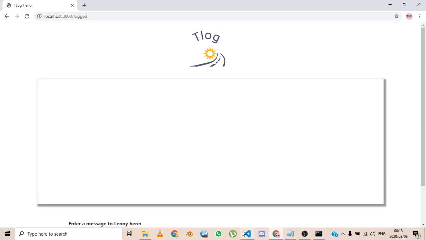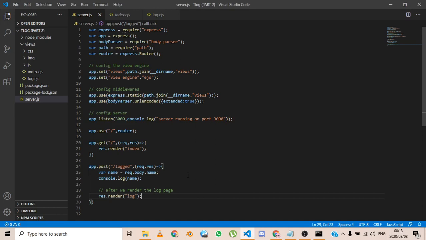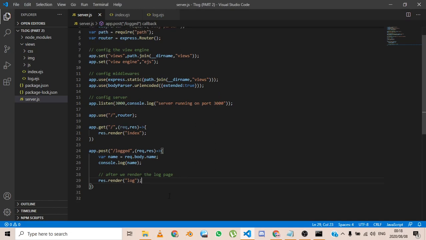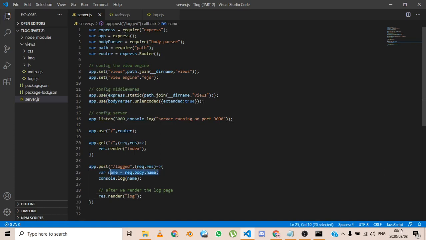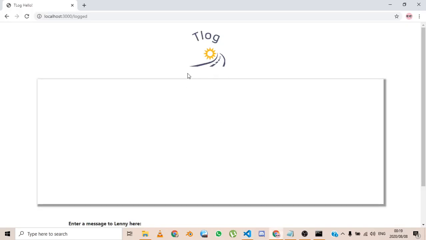Now, what do we have to do now? Well, we said we want to do data transfer from the server to the client. Now, how do we do that? Okay, this is very simple. First of all, the name of the user, where's the name? This name, it's already inside of the server. So let's say when we render this page, we want the name to appear somewhere here in the middle. So this name is going to come from the server. Well, what we have to do